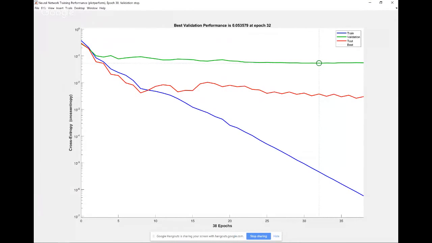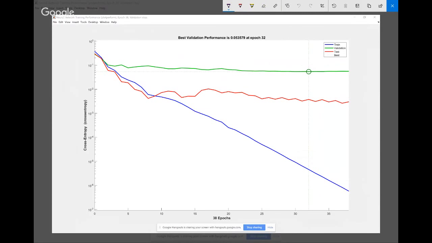Now here you can see the best validation point has moved from point 3 or so in data fitting to this place over here. So this is our best validation performance point, which is at 0.05357 at epoch 32.